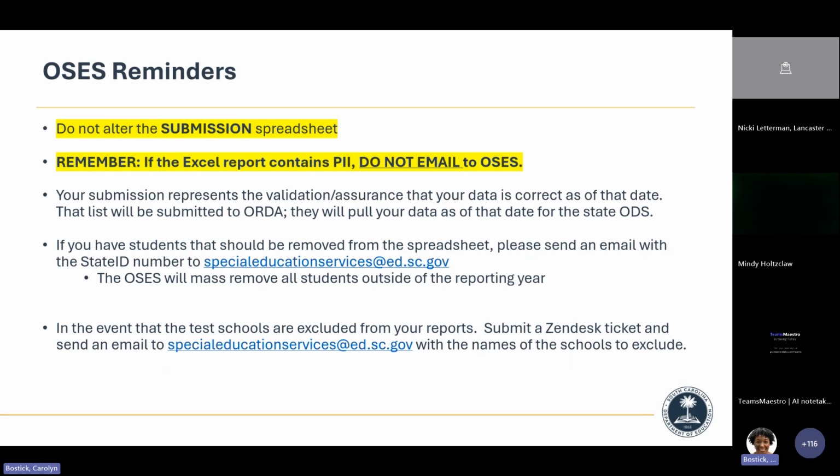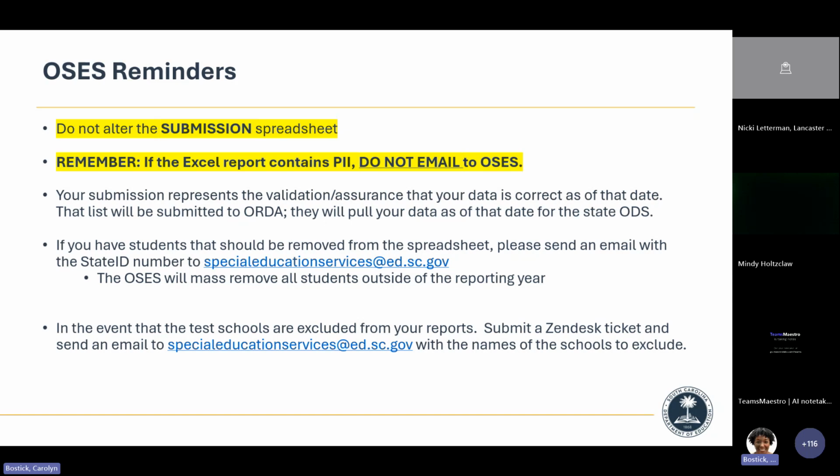That messes up the query when we are trying to compile all of that into one. So remember, if your spreadsheet contains PII information, please do not email it to us. That is a violation. You're putting your students' information at risk and in jeopardy of some of it getting into the wrong person's hands, and you certainly don't want those kinds of issues on your hands.